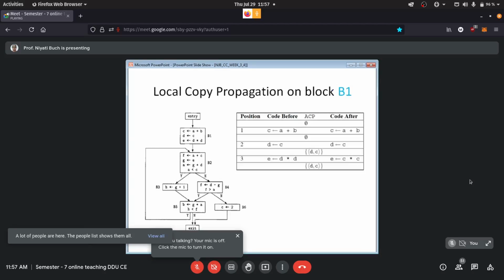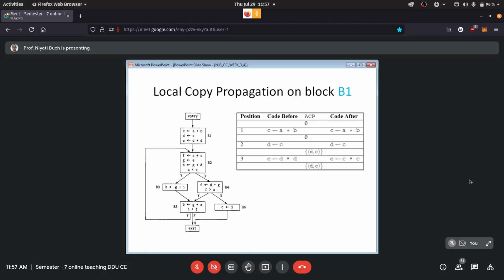Now, applying it on B1. B1 has 3 instructions, so we will be dealing with in total 3 positions. One by one, we take each. What we see here is A plus B assigned to C, but we do not have any X assigned to Y kind of situation, so ACP will remain null. It will remain empty.